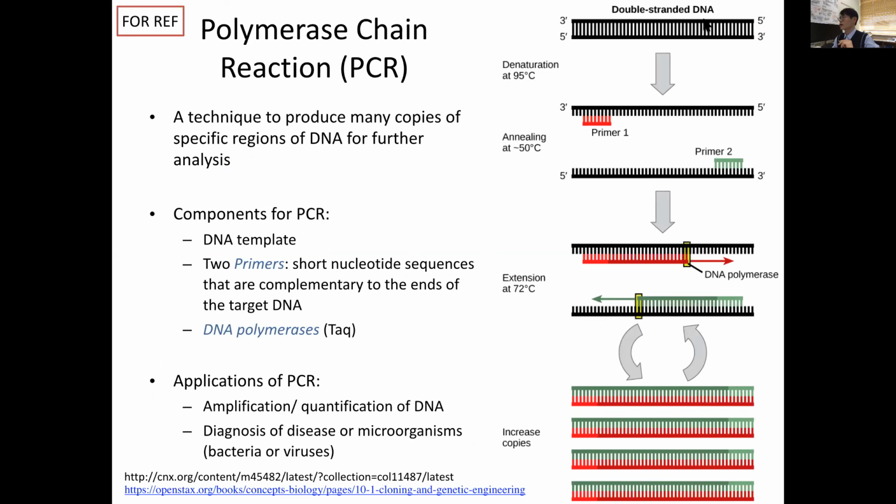Double-strand DNA, 5' to 3' anti-parallel fashion, and we denature it at 95 degrees, and then we anneal or attach 2 primers at their complementary sites, and then we extend by having the DNA polymerase work to make a copy of this. The important thing to recognize here is this DNA polymerization happens at 72 degrees, which is way higher